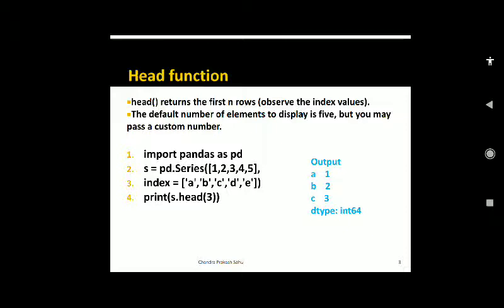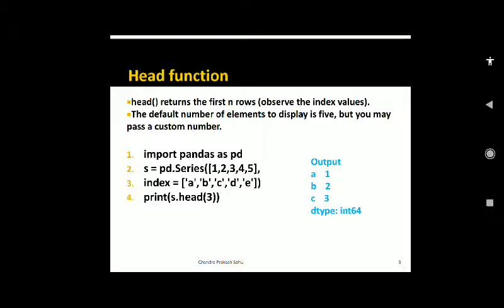Line 3 is just continuation of line 2. It is not a different line. The next line, print s dot head 3. Here inside the head function you have passed the number 3. It decides how many rows will be read from starting of the series.